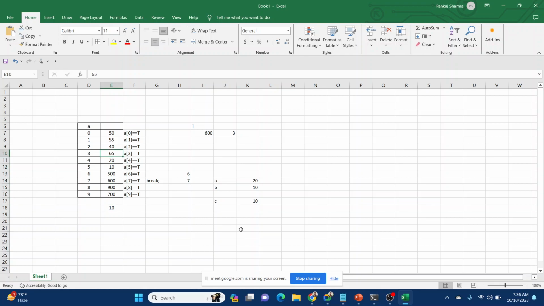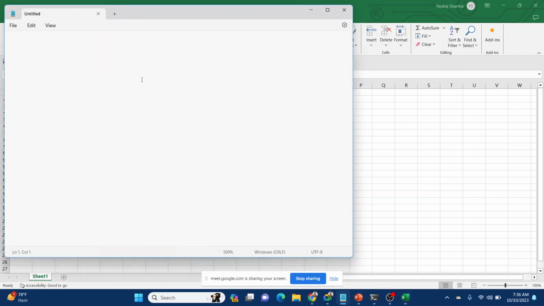We will go with the program over here. First we will import java.util.*; public class DemoSearch. public static void main.